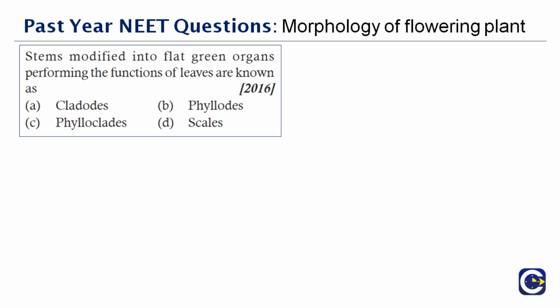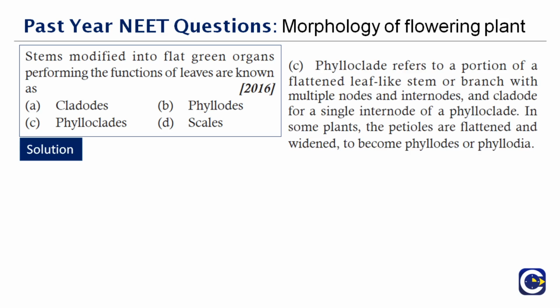Next question here. Stems modified into flat green organs performing the functions of the leaves are known as dash. So, you have four options here, right? You have four options here. Now, the right answer is